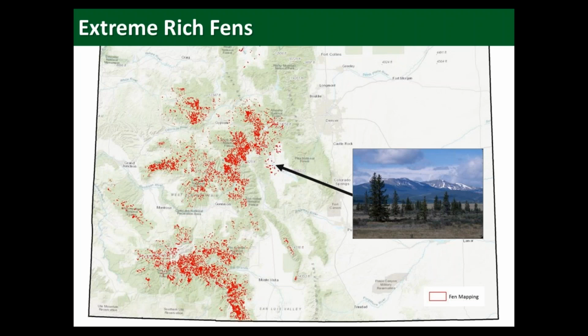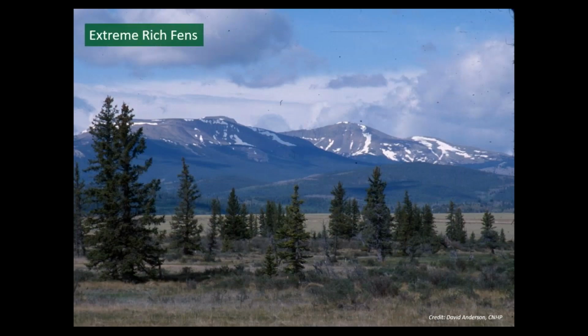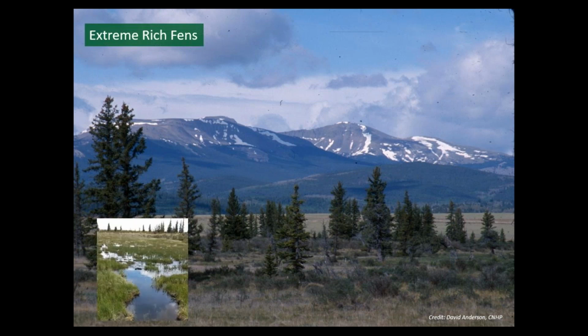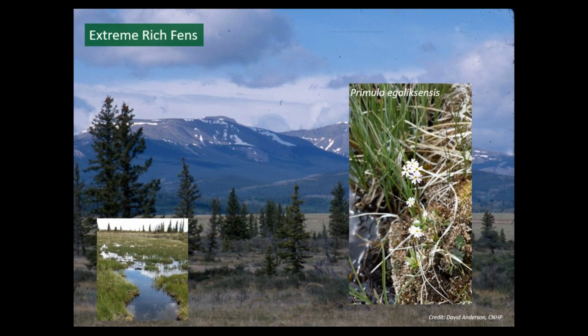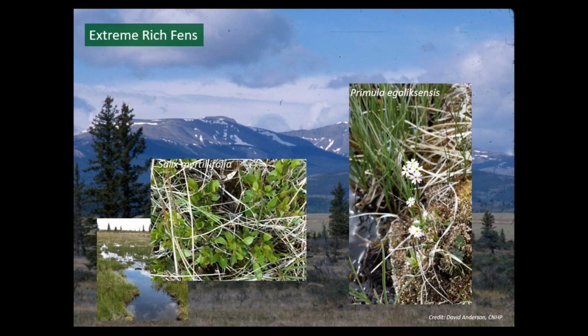Our extreme rich fens are very noteworthy and occur exclusively in a high mountain valley known as South Park. The glaciated mountains around South Park contain an unusual outcrop of sedimentary rock which contributes calcium ions to the groundwater. Several extreme rich fens are found in this valley, the most famous of which is called High Park Fen. They're found where groundwater emerges through deep glacial till. These fens contain populations of very rare plant species, including Primula egaliksensis, state rare species Carex, Salix myrtifolia, as well as Salix